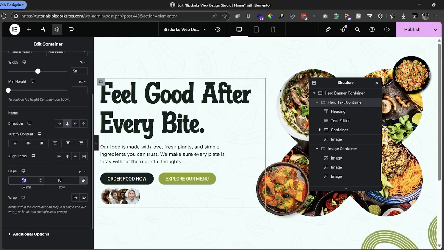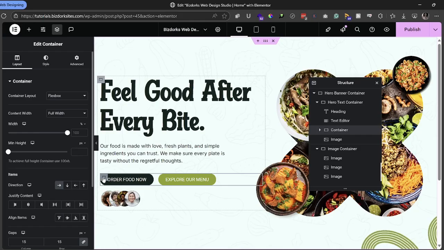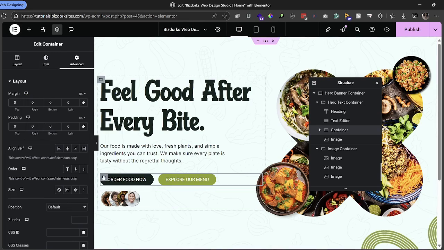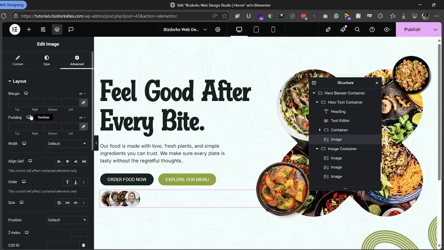Or let's just do 15 because I don't want it to be too close. I think that's perfect. And what I'm going to do is go to this container right here. And again, remember when we learned about the margin and padding, I'm going to actually give it, which one would be better? Actually, I'm going to go to this image widget and go to the advanced tab,